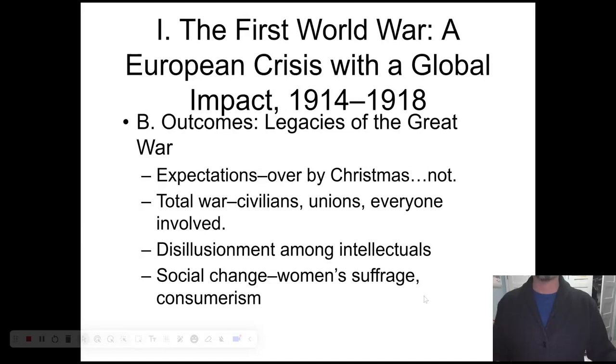And there's also a rise in consumerism. This is a time after the war where we're able to buy what we want when we want, kind of the society we still have today. So these are all kind of big outcomes of